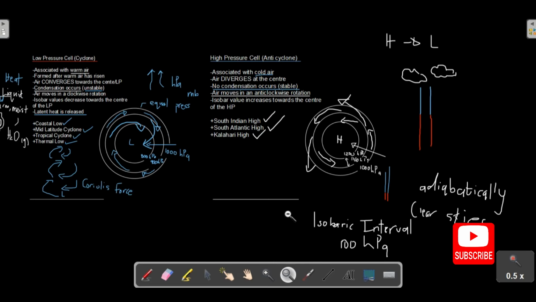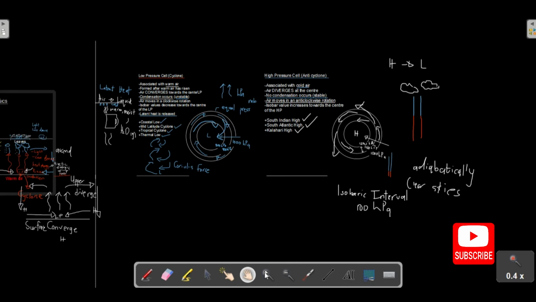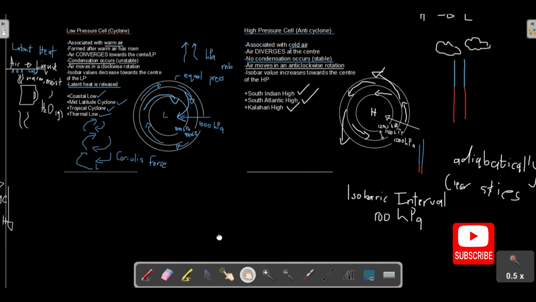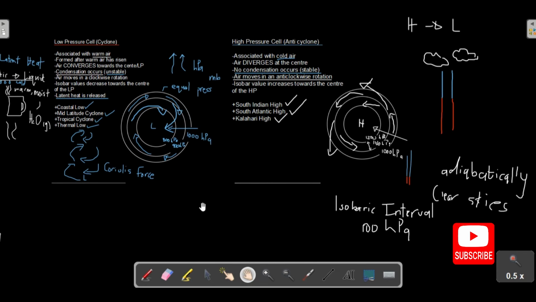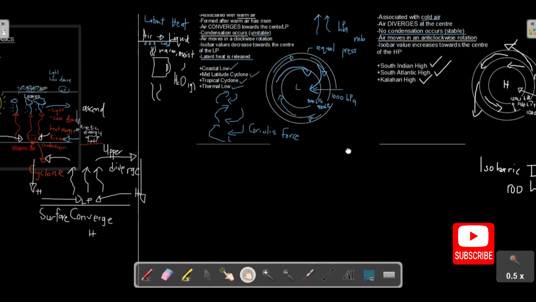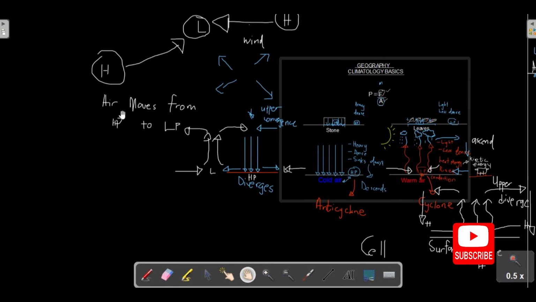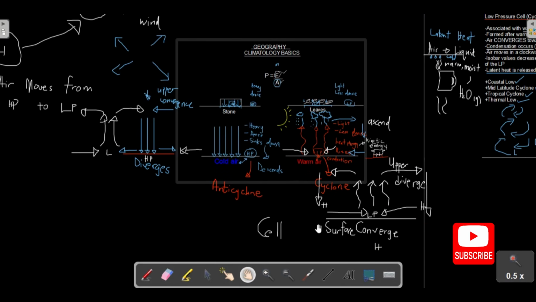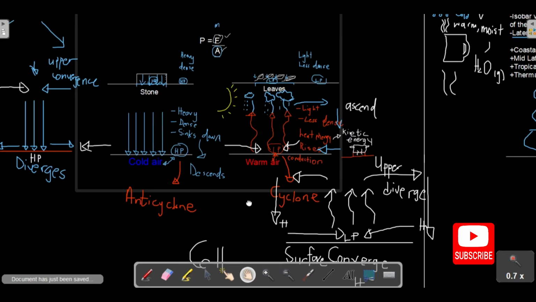Right. So guys, this is the basics that you really require in order to understand what we are about to do. Because in the next videos we'll be starting our journey on climatology. Of course, we start with mid-latitude cyclones and go on to tropical cyclones, anticyclones, and so on. So you need to understand all of these laws, because I won't be going through them again.